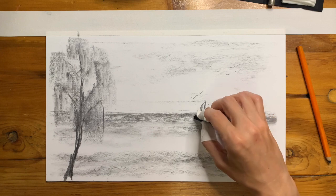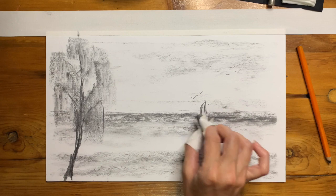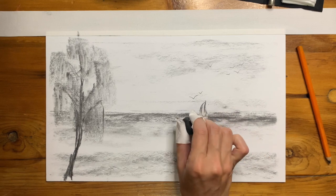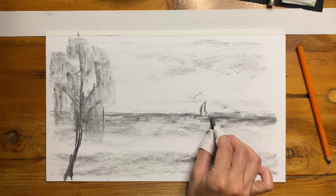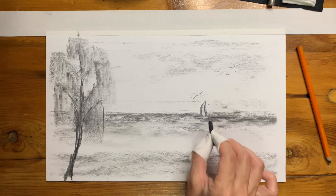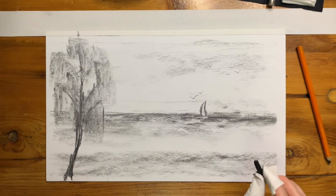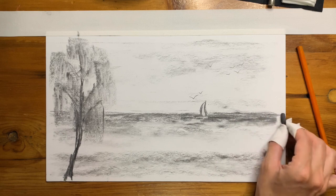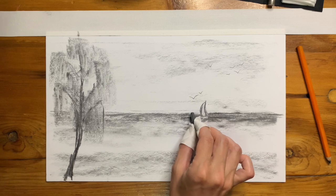And I have a tree, I have a sea, I have the sky, I have a bird, and I have a boat. So this is more or less the main process of charcoal drawing. Of course, depending on the theme, it's gonna be easier or more complicated. But I don't think there's anything easier than that, because I basically create the idea of landscape, and I can work with it